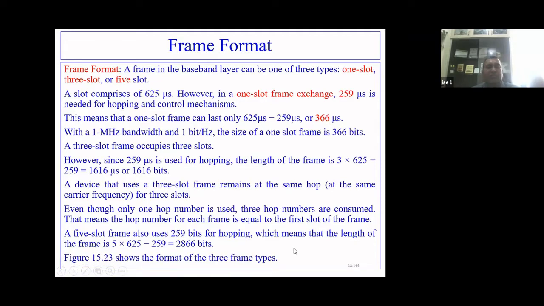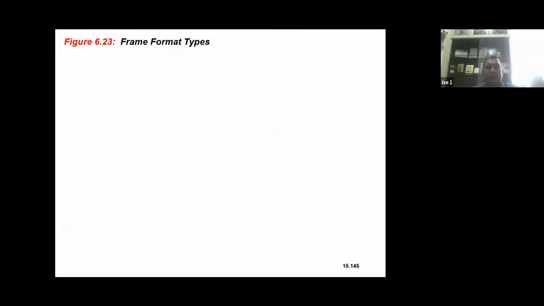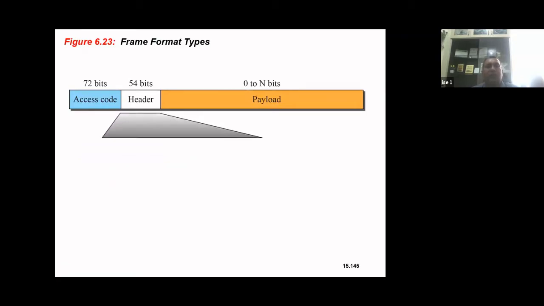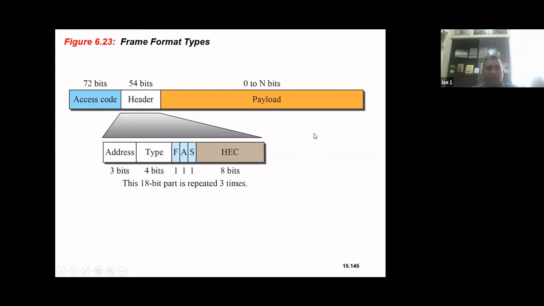The next slide will show the format for 3 frames. Here, the access code is 72 bits, the header is 54 bits, and 0 to n bits is the payload or data. The header's 54 bits comprise 3 bits of address, 4 bits of type, and a single bit each for F, A, S. HEC, the header error control, is 8 bits.